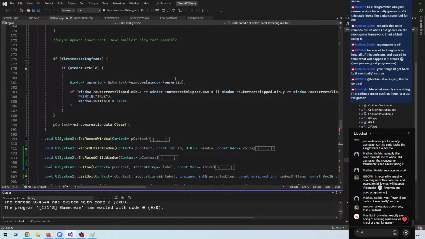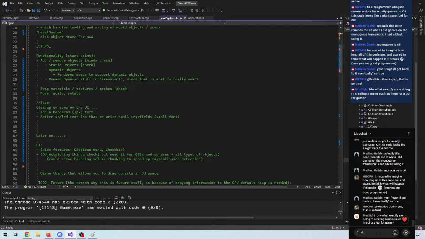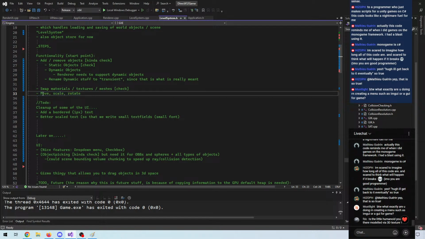Basically, I've laid out a plan for my level editor here. So far I've added these parts of the functionality. I can swap materials, textures, and meshes, but I need to implement a robust way of moving, scaling, and